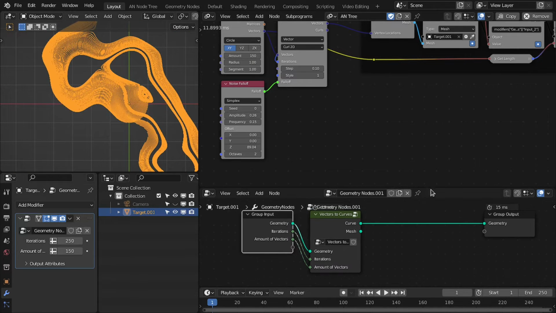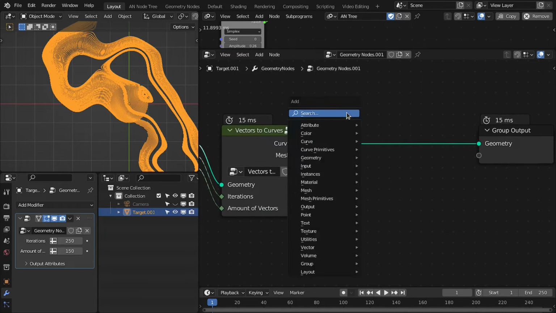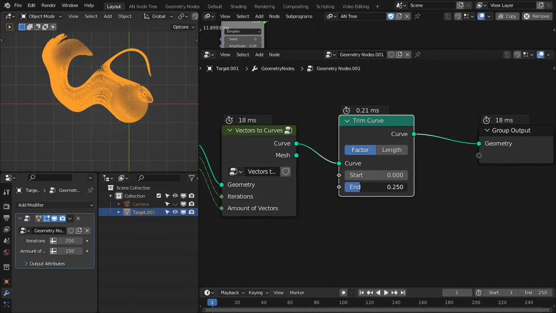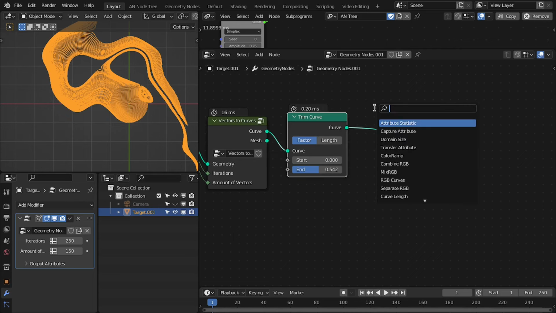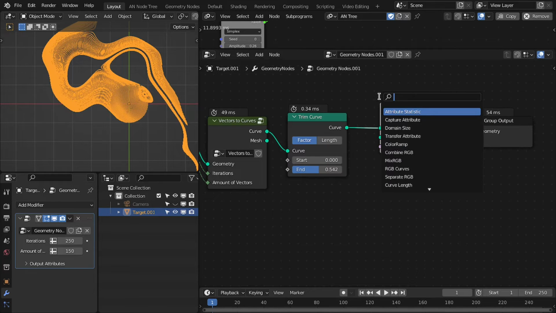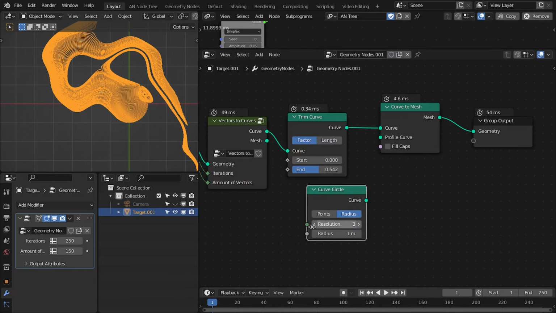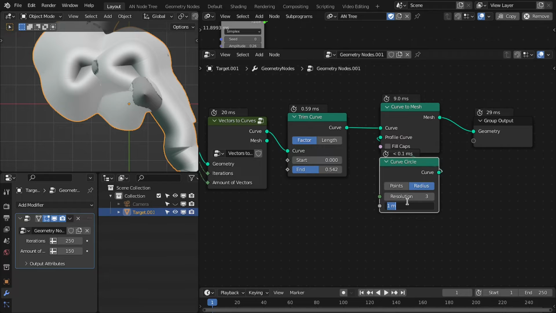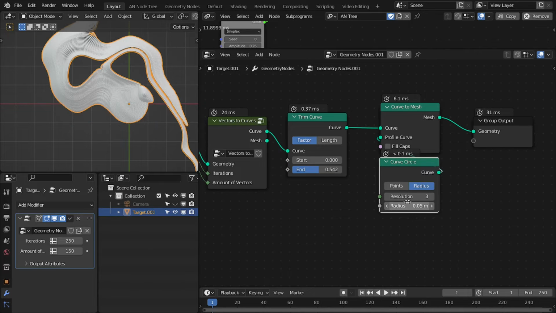So in geometry nodes, you can easily trim these splines and convert them into a mesh as well. So it is much faster. And then you can convert it into a mesh as well: Curve to Mesh, and then a Circle. Plug this to Profile. Change this radius to 0.5, maybe 0.35,